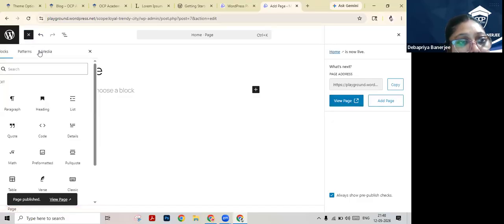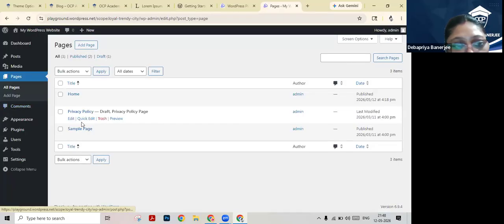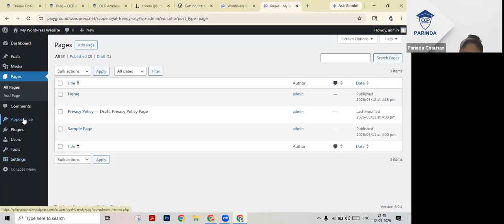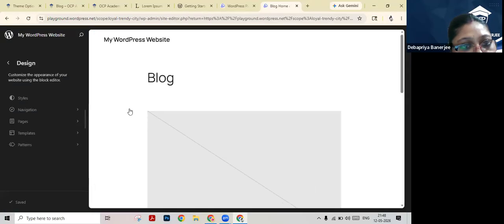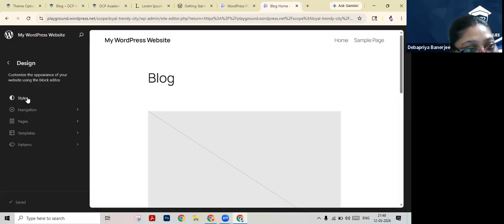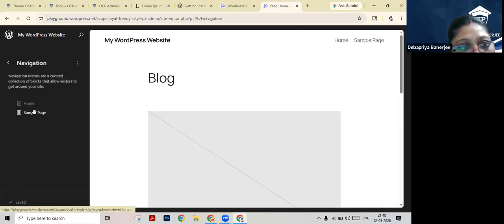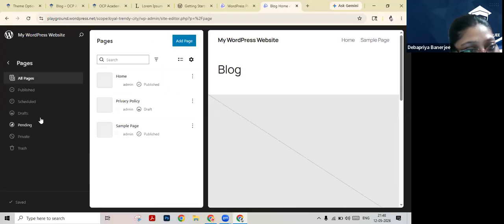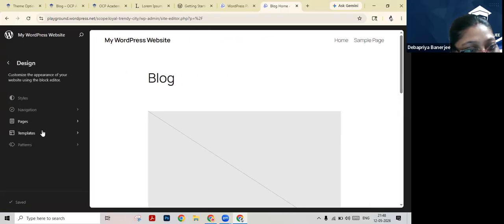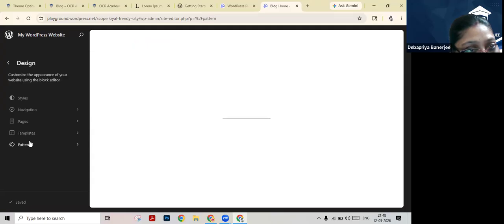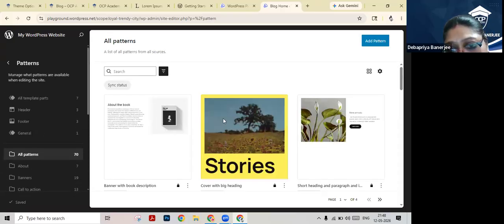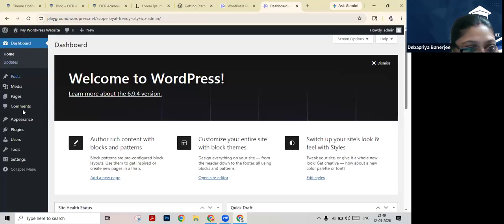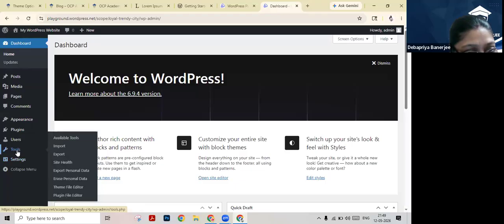ओके, rest of the things we will do when we will be doing it in the class। एक पेज बना के रखना, और थीम्स के अंदर कस्टमाइज में जाके स्टाइल, नेविगेशन, यहाँ पे कुछ पैटर्न्स हैं, इफ यू वांट यू कैन चूज एनी वन ऑफ देम, अभी के लिए जरूरी नहीं है, दीज आर कॉल्ड कस्टमाइजेशंस। दैट्स इट।